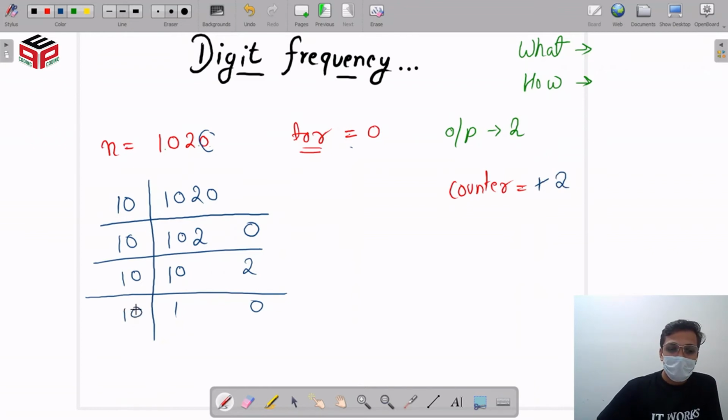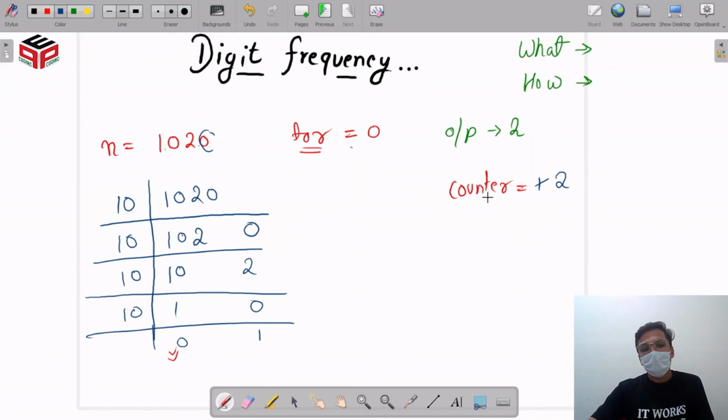At last, when we divide this number again, our remainder is going to be 1, and the number becomes 0, which will be our exit condition. Here the remainder is not the same as the target, so we do nothing with our counter. So this is how our whole algorithm is going to work.